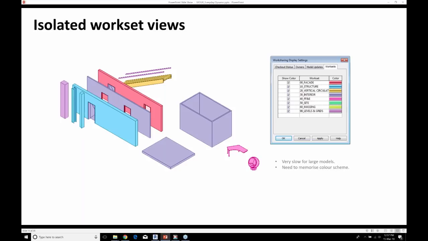So you need to know that red is the facade, and that can be quite difficult, especially with lots of worksets. And then the other issue is because everything in the model is turned on, you can't necessarily see everything in the model that you need to see.